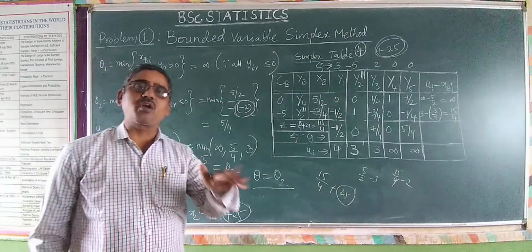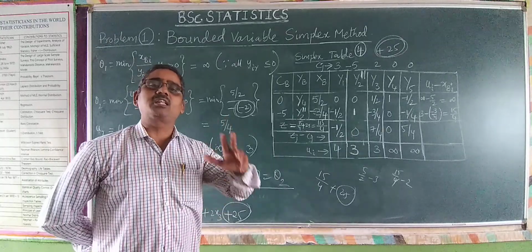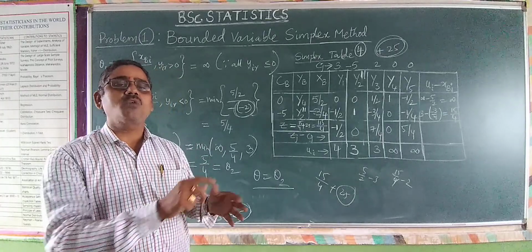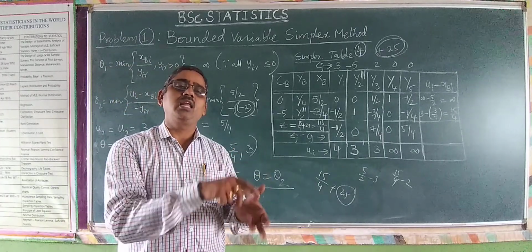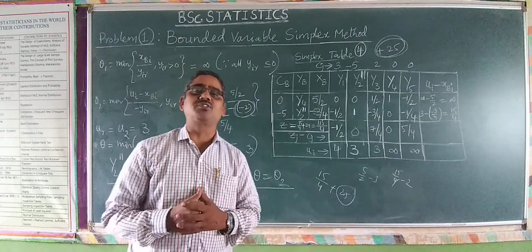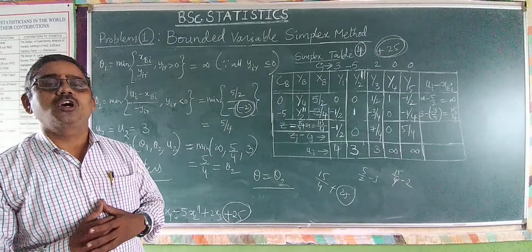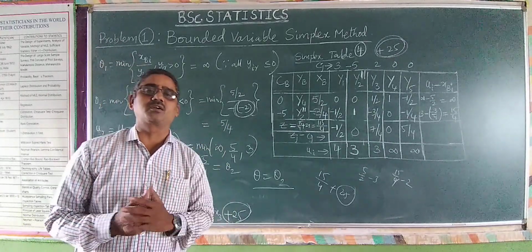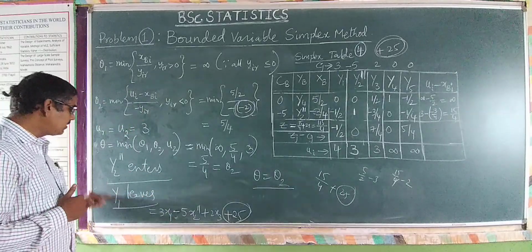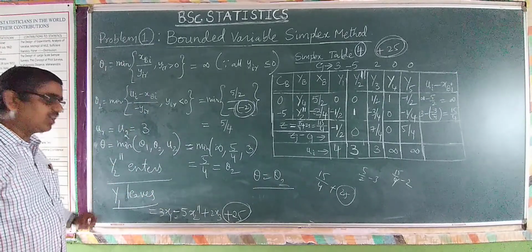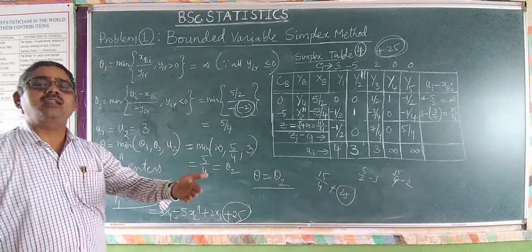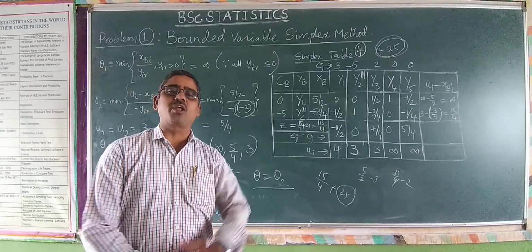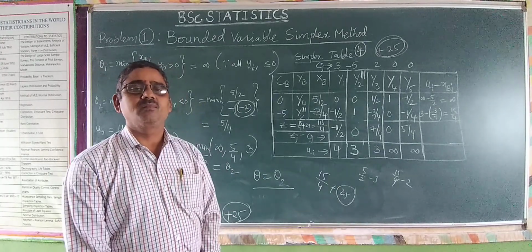So in this case, what do we have to do? I again recollect the points. First one, whatsoever yk leaves and yr enters, and yk leaves from the basis, the procedure is going to be calculated with the help of the usual simplex procedure. That is, here y1 enters, y2 double dash enters and y1 leaves, which is to be calculated by the usual simplex procedure with relevant row operations. We have to calculate it.